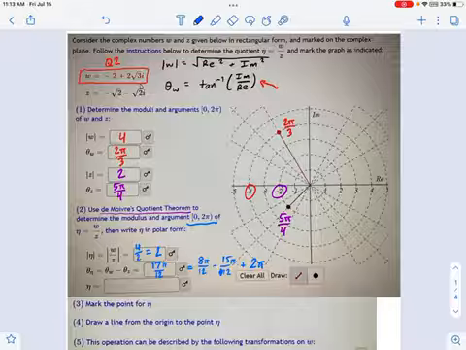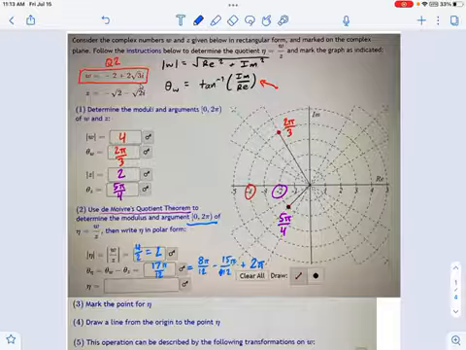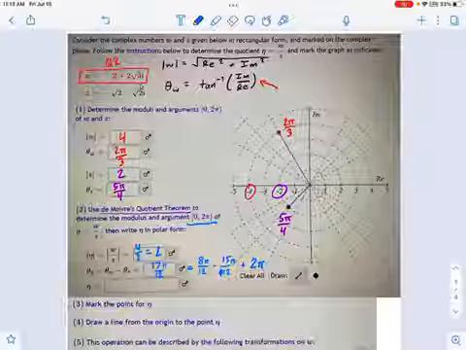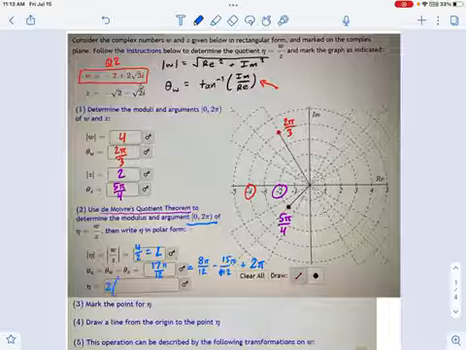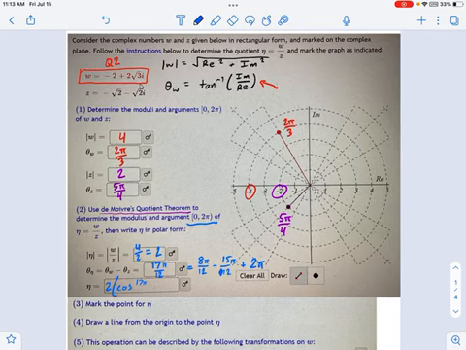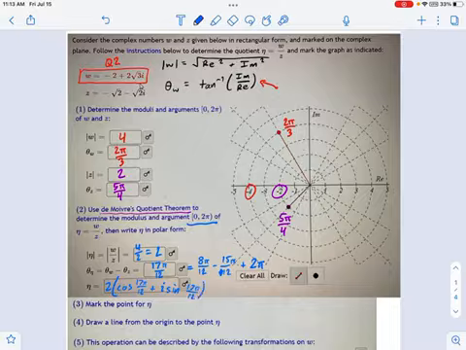Now, writing the polar form is really not hard. You just take the magnitude, which we found, 2, and you take the angle that we found, which was 17 pi over 12, and you put that in here. And then we've got an i times sine, but again, it's 17 pi over 12. And that would be our polar form.